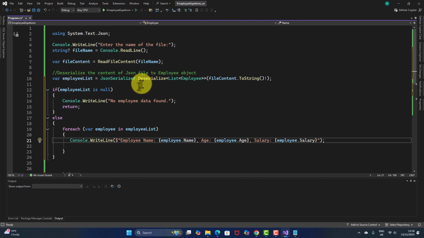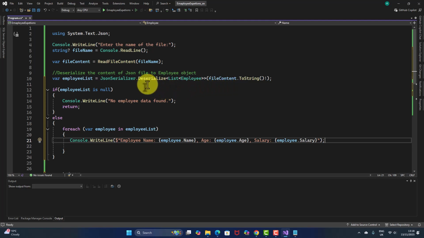Therefore, I'm using this method Deserialize to deserialize the JSON text, which means this method will convert the JSON text to C# objects. That's why I'm using this class Employee, which will take over the content of this variable file content, which stores the JSON